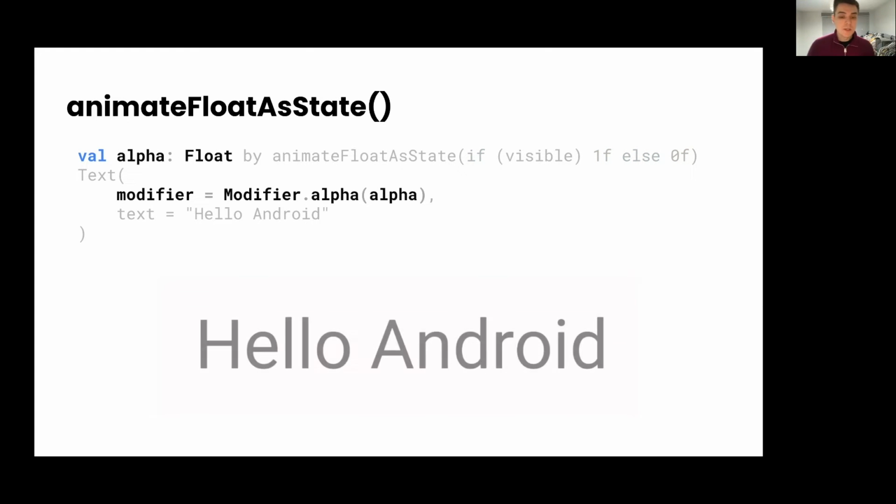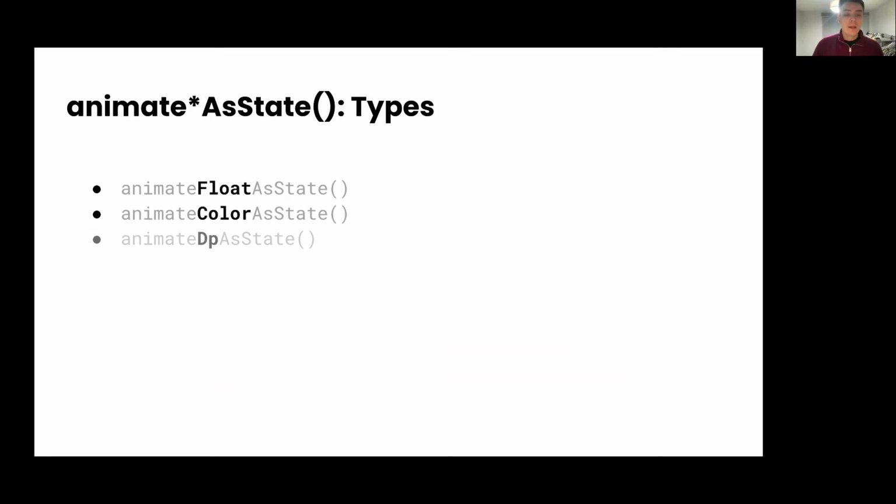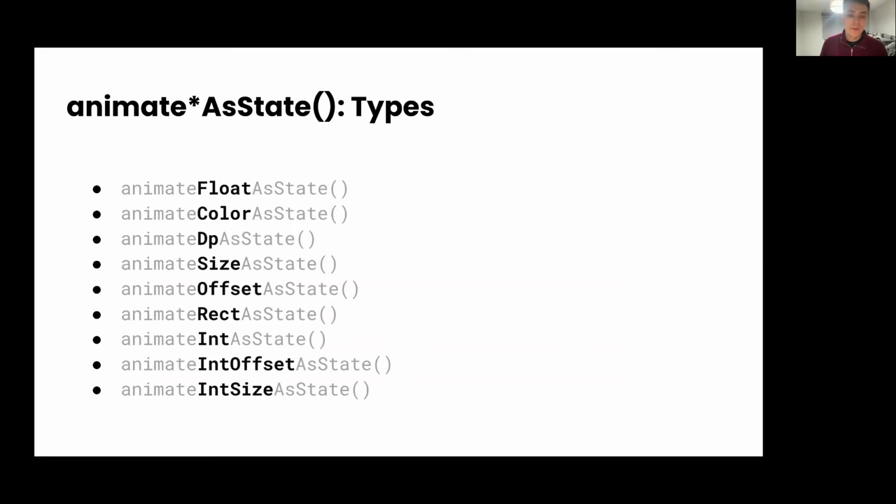As a result, we got something similar to animated visibility, but alpha here is an explicit parameter that we pass directly to the modifier, right? And this means that we can control our animation more. So we can pass not only alpha, but we can pass colors and stuff like that. Compose actually provides us with the following types out of the box. We can animate floats, colors, DPs, like sizes, offsets, and stuff like that. Each of them is used similarly to the previous example, and we can also develop our own animated state functions to animate different things, for example,